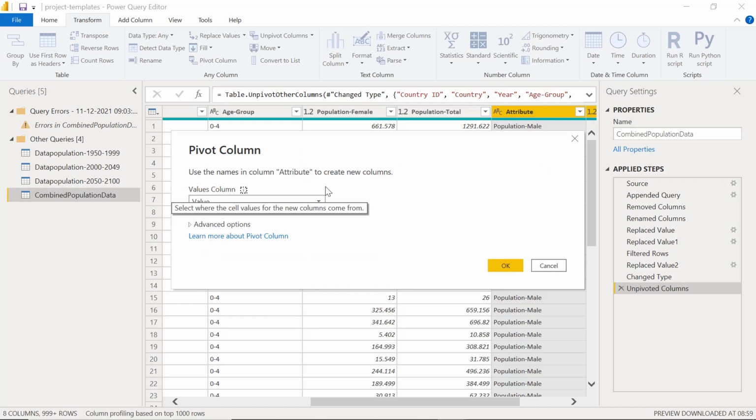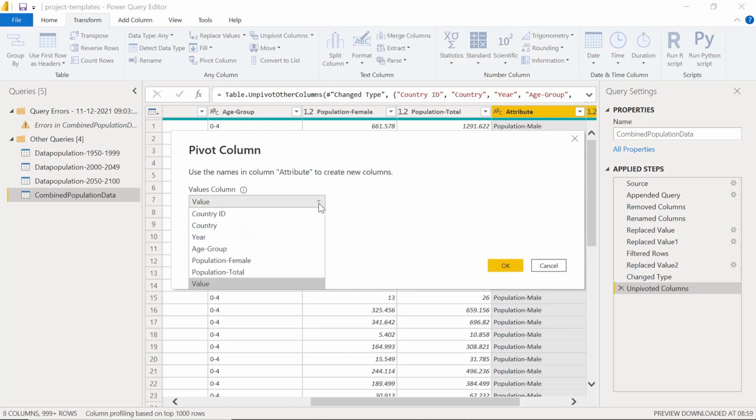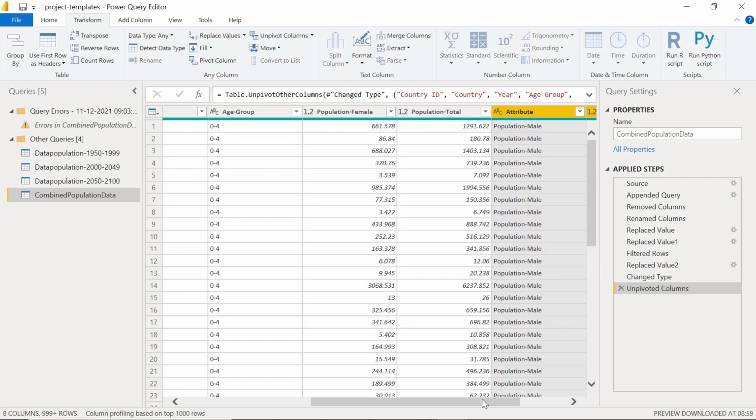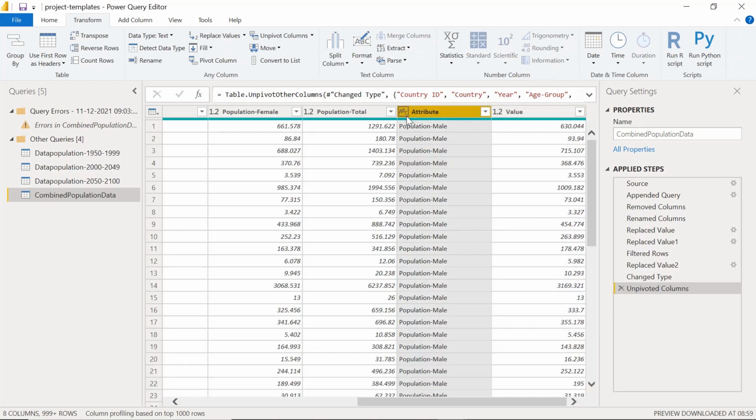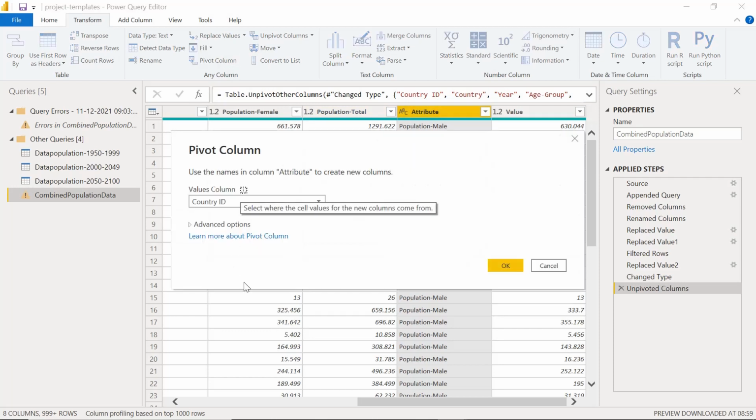When we select pivot column, it will ask which column to use. Let's go back, and we will not select this one; we just want to pivot this column. So just select this column and click on pivot column. Then it asks to use the names in the column attribute to create new columns.